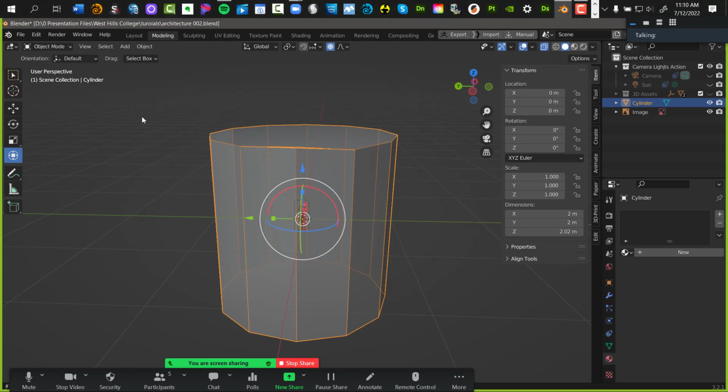Oh, you know what? That's your timeline. It's space bar to stop that. Okay, now you are in object mode. Hold your tab key down. See? Edit. Go open your mouse and edit. Now you're in edit mode.